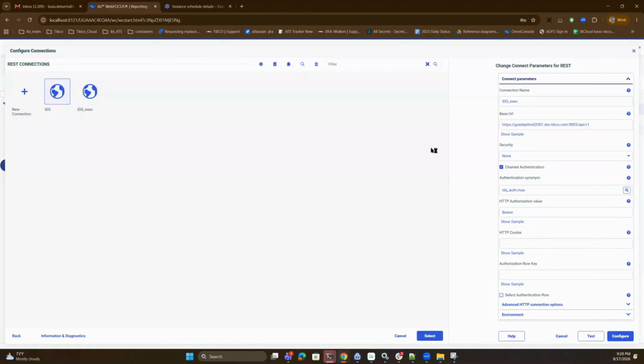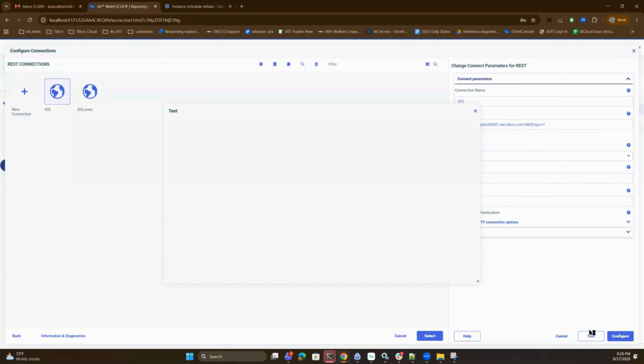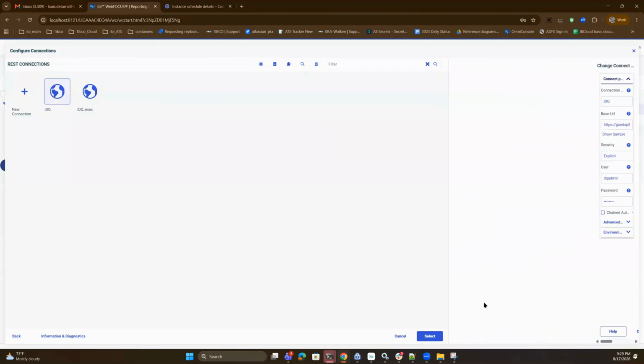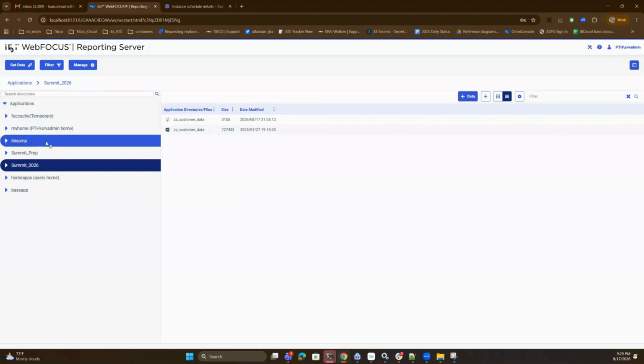I guess I'll show you the properties. It's calling out to a data quality server that's hosted in Google Cloud, and this is the API endpoint. So I'll test this as well, make sure it works. That's fantastic. I'm going to cancel this. So now what I'm going to do is I'm going to go back and